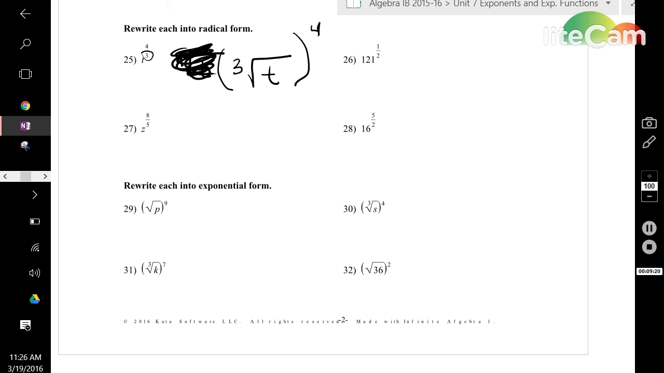If I did the same thing for number 27, z is the base, so that goes under the root. 5, the bottom of the fractional exponent, is the root number. 8, the top, is the exponent. Now, for one like 26, 121 is the base. The root number is 2. You do not have to write the 2 because it's implied that it's already there. It's a square root. You also don't have to write the 1st power because it's implied it's already there. What we're left with is the square root of 121, which